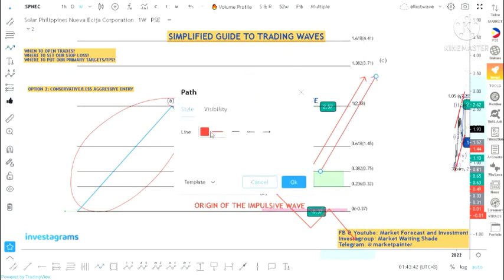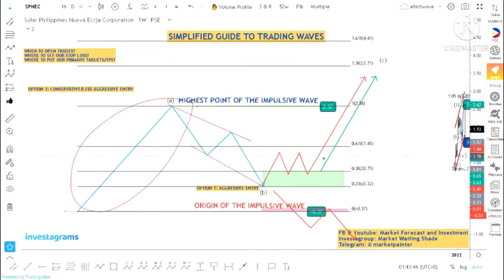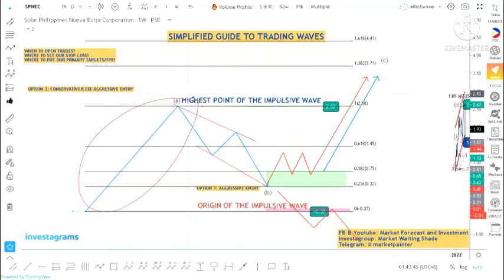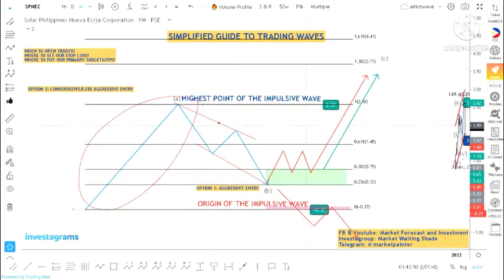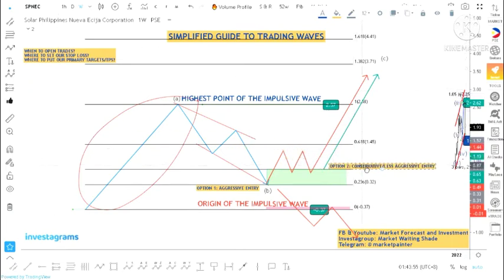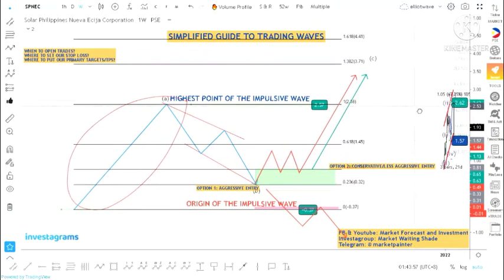So this will be option 2 of entering the waves. Our option 2 will be after confirming that the price stabilized on a certain specific